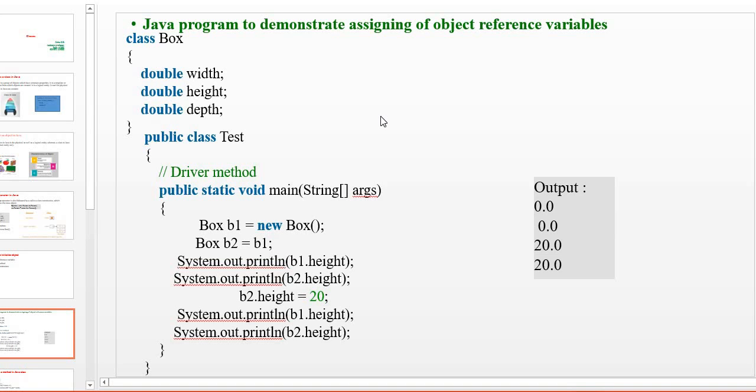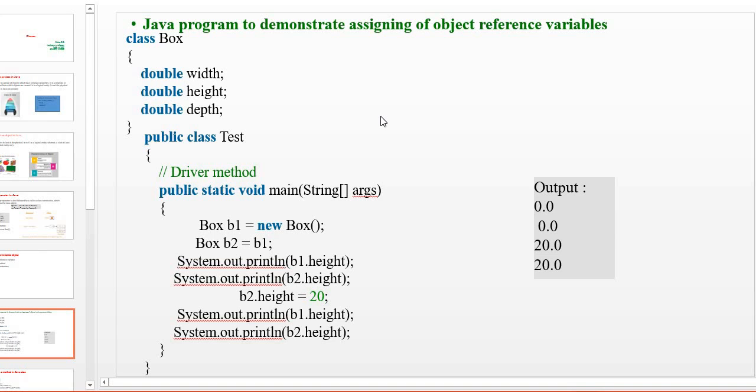Next, I am updating the content of the height instance variable to 20 through the object B2. Because B2 and B1 share a common memory location, the modification through B2 will be applicable to B1 also.